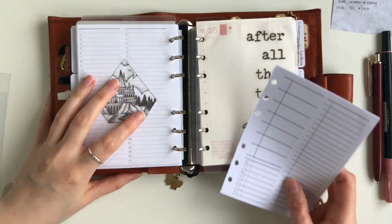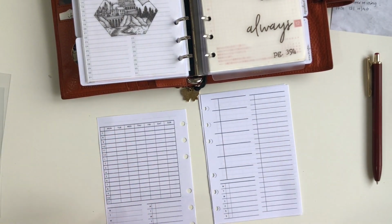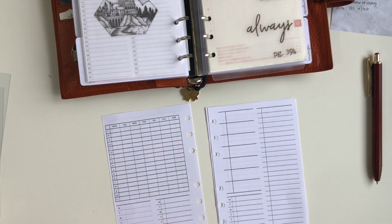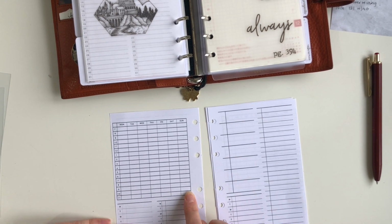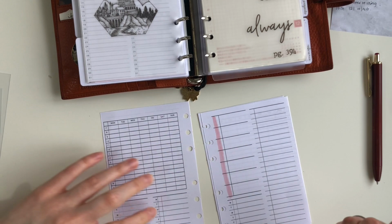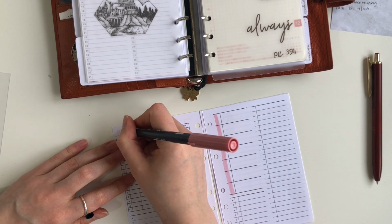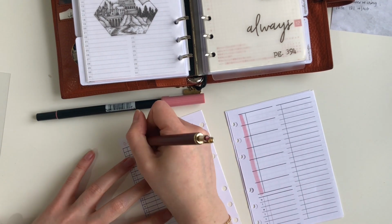So let's fill these out and then we will put them in. I'm going to write the week number and the date at the top up here, then put the dates. I've not left a huge amount of room up there, and really I didn't need that extra hour, so I might have to shufty this a little bit for next time. And I want to add a bit of colour. So it is week number 5, and it is,